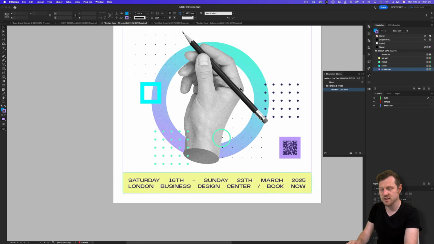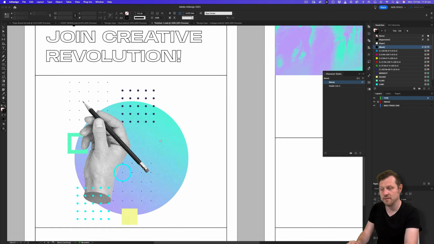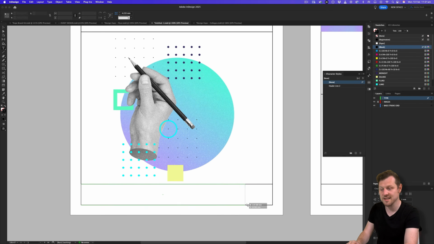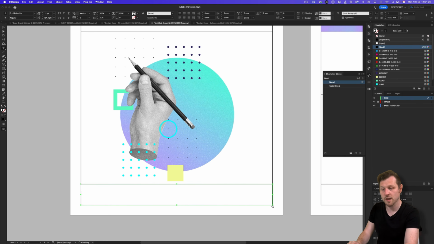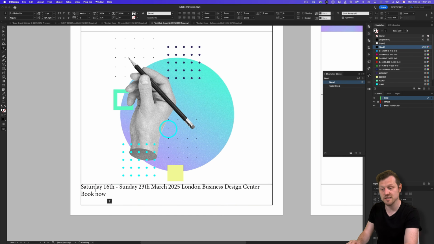Back in my document with the type layer selected, with the type tool, I'll click and drag a text frame to span the entire size of the bottom module. In the content doc, I'll select the date and location information, come into my new frame and paste. Now upon pasting the new text into the frame, you may or may not see that the text is particularly